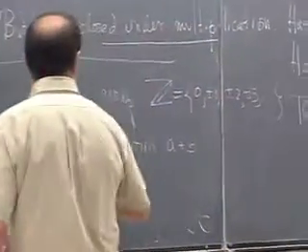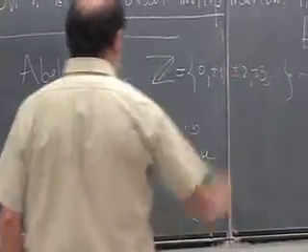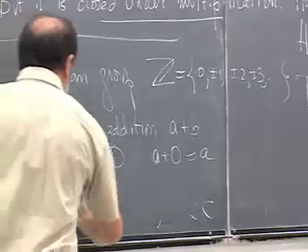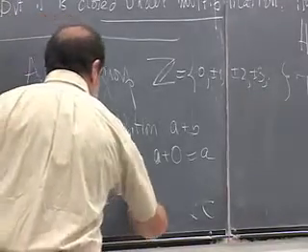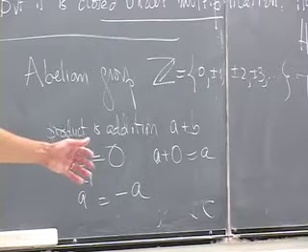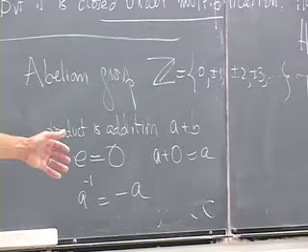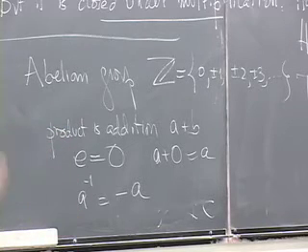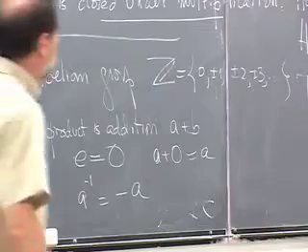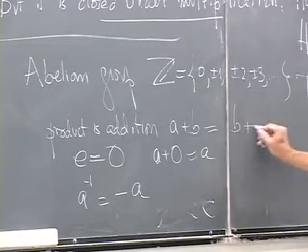The identity element is 0. If you add 0 to A, you always get A. What's the inverse element? What is A inverse? Minus A. So if you take the negative number, that's why we have negative numbers, really, to turn counting numbers into a group, if you think of it. Well, what is minus 3? It's the thing you add to 3 to get 0. Okay? And, well, that does it. So this is a very simple group, which has the property that A plus B is B plus A.